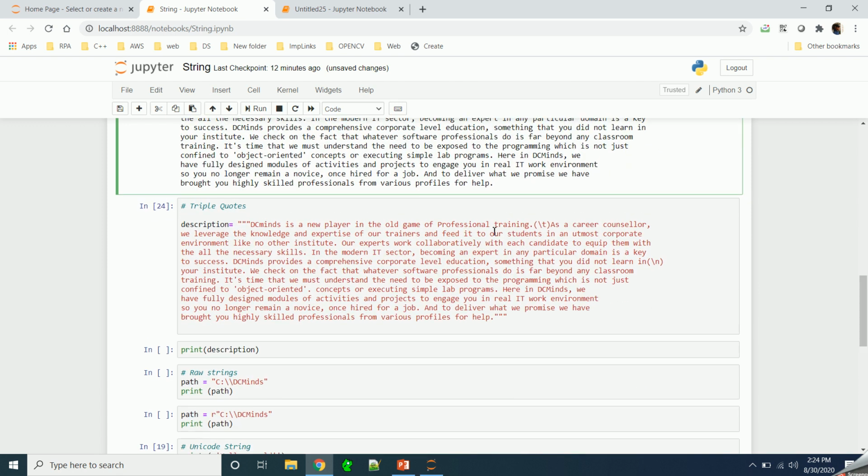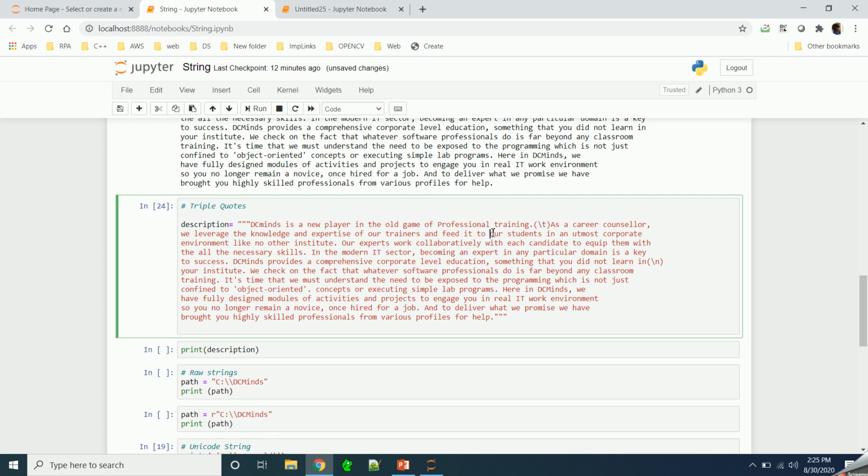Another thing to know is that if you put an escape character, like slash t, which is the escape character for tab, and slash n, which is the escape character for new line, then it will be interpreted by the interpreter and its value will be derived.